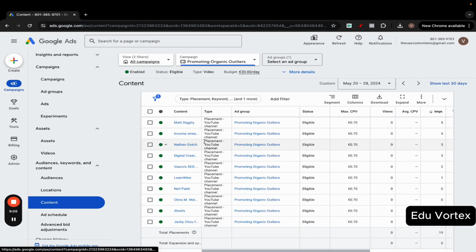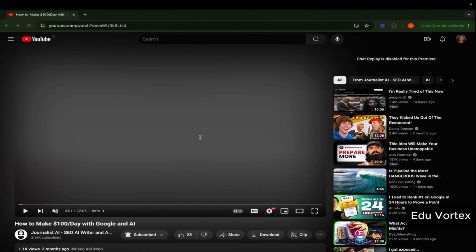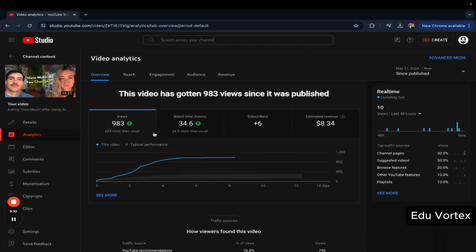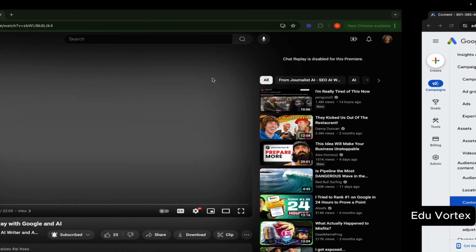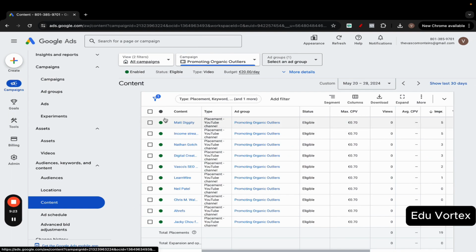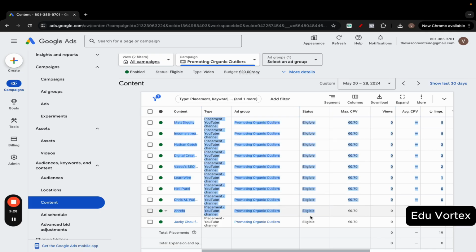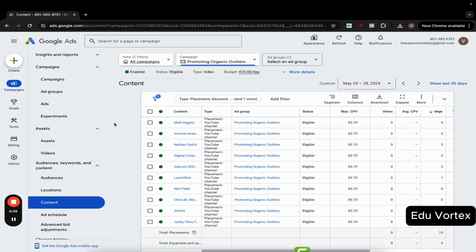Now, I suggest you do it. I suggest you can be a bit more advanced because, I mean, if you're just starting out with YouTube, you won't really need to worry about this. But when you start worrying about this, I suggest you run these two types of ads: search-based ads to capture the search intent, and in-feed ads, and place them on YouTube channels that your target customer could potentially be watching. All these guys talk about SEO, all these guys talk about the latest news in SEO, some of them about AI. That's why I'm advertising on their videos, right? Makes sense.